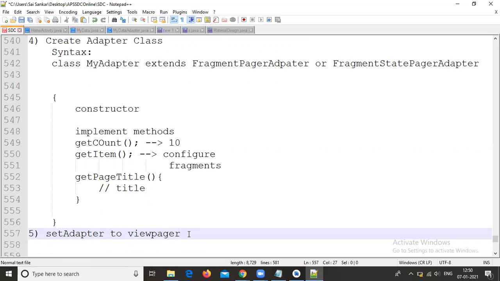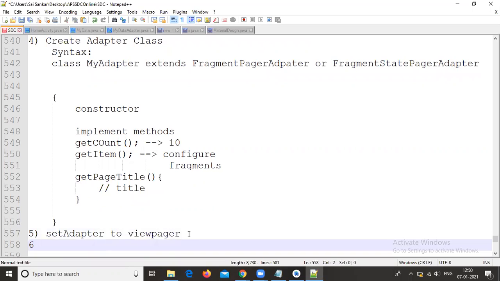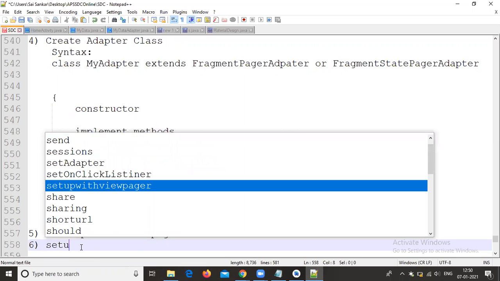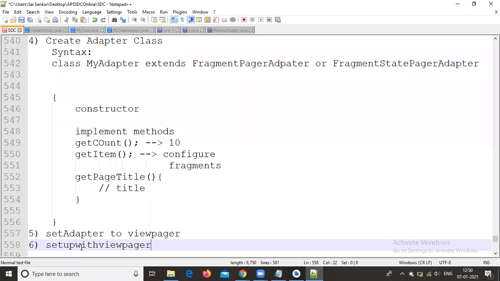Now one more requirement: if you click the tabs, you need to change your fragments too. So we need to configure the tab layout also. There is a method called setupWithViewPager for your tab layout.